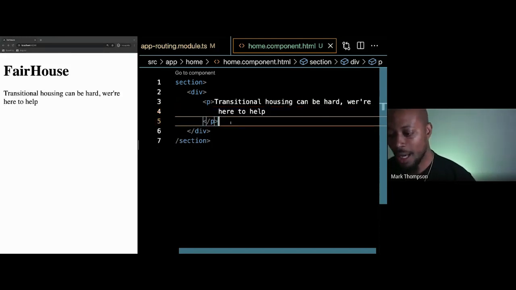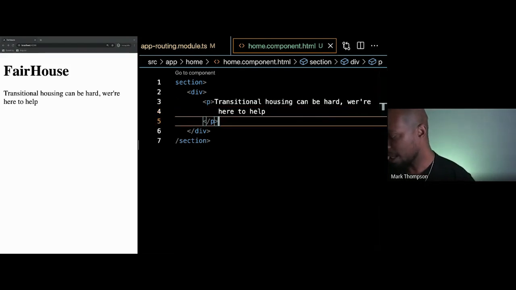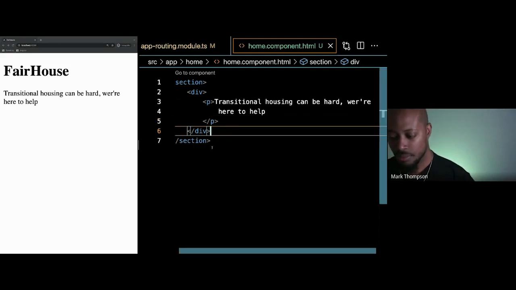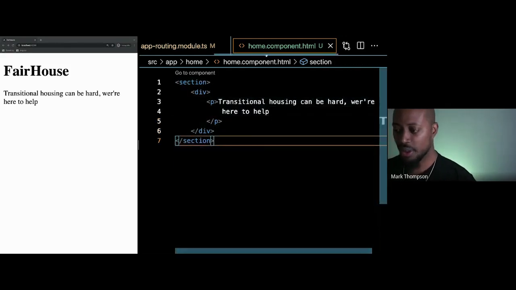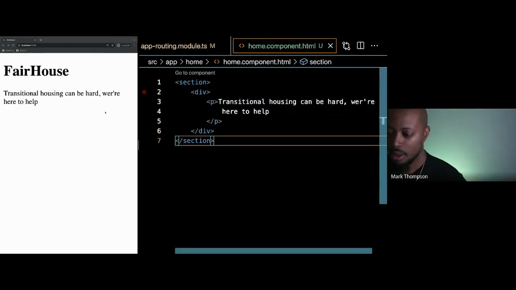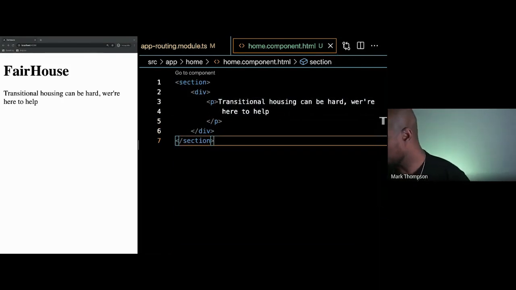I'll put this in the chat for you, so don't worry, I'm not going to leave you hanging, I promise. This is in home.component.html. I'll put this in the chat once we get a little bit more of the text typed in there. So now that we have that part working,